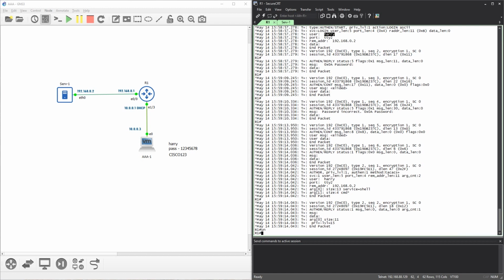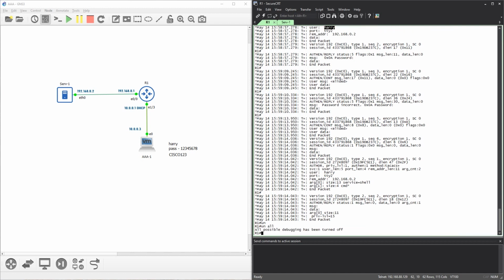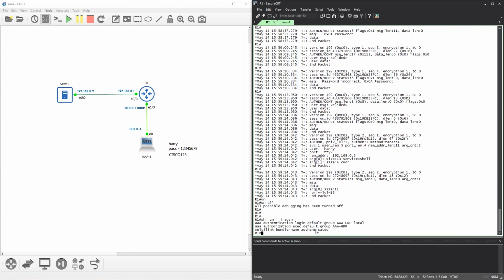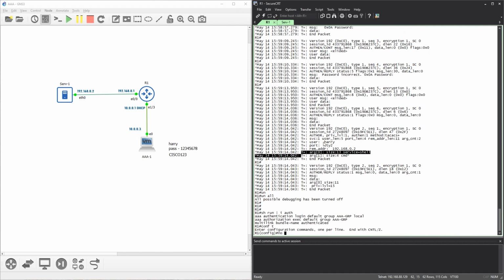So I'm just gonna turn off the debugging, show run, include authorization. So this was the command, this was the reason why I directly landed into the privilege mode. And now if I do no this command,